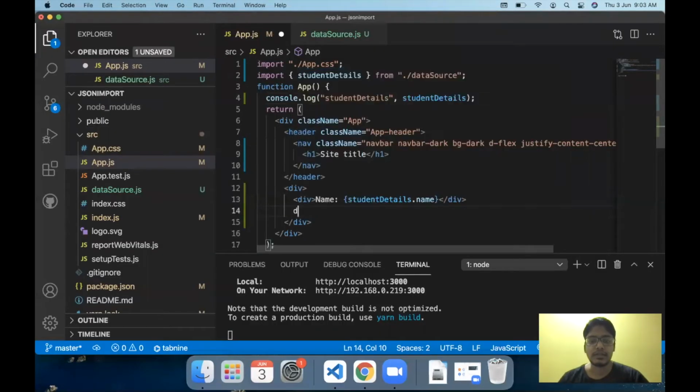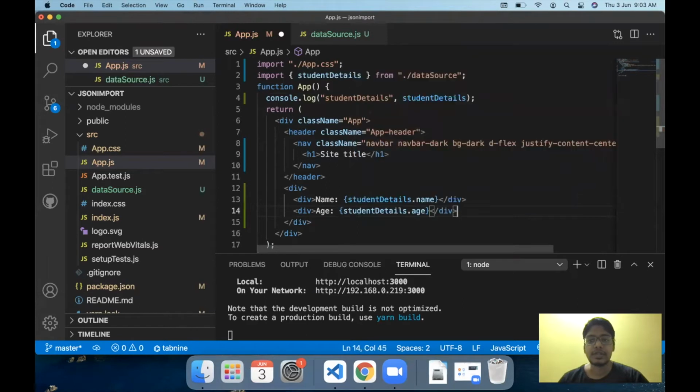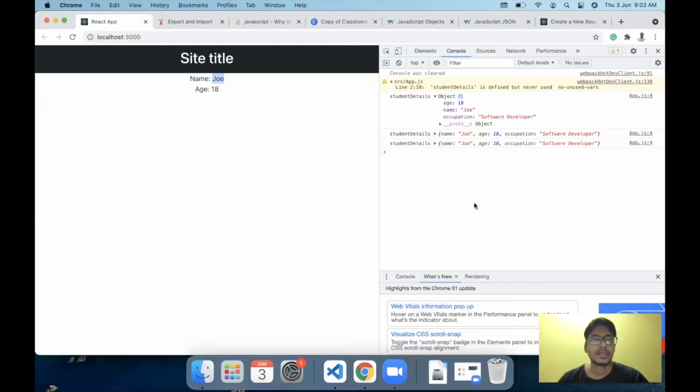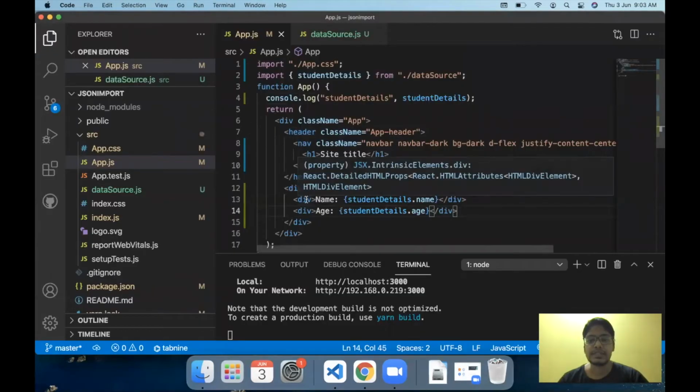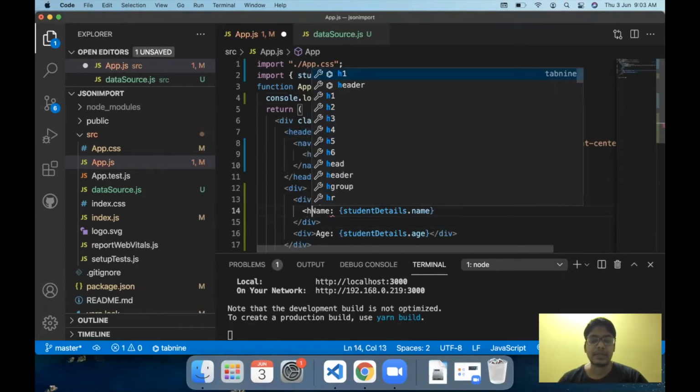and as you can see, we have the name printed here as Joe. Then in another div, we could have age, which would be student details dot age, and as you can see, we have the text printed out here. Let's just give an H1 tag so that it is visible properly, because if you are watching from mobile screens, the text might be too small to view.